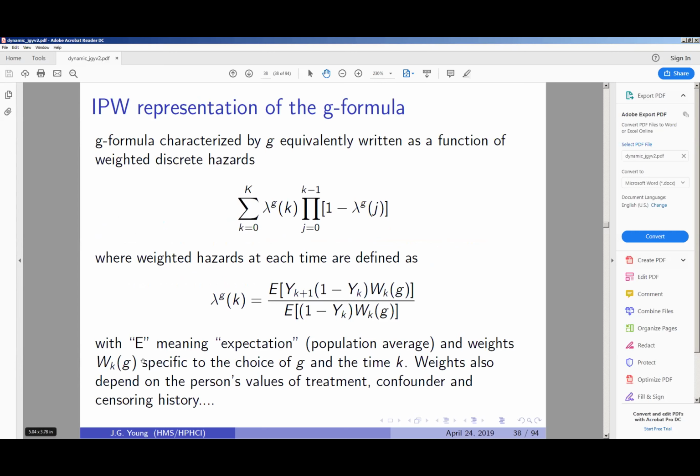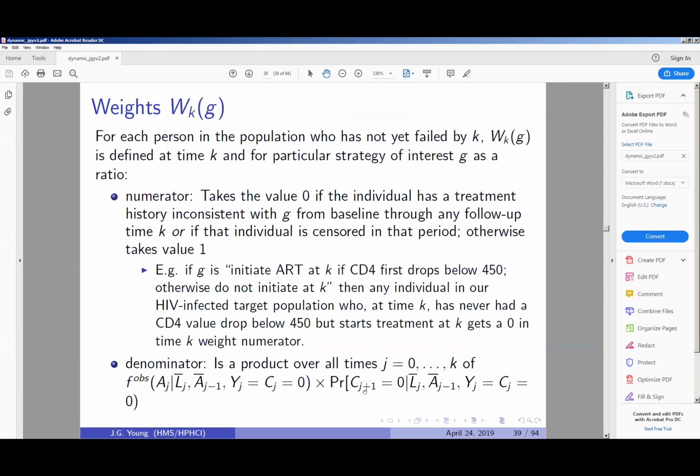The weights, WKG, are specific to the choice of G and the time K. And also the weights will depend on individual characteristics like the treatment, confounder and censoring history of that individual. So let's go into what these weights are. For each person in the population who has not yet failed by time K, the weight WKG is defined